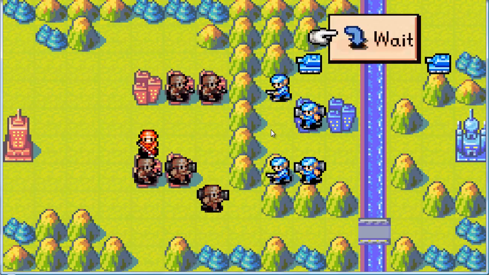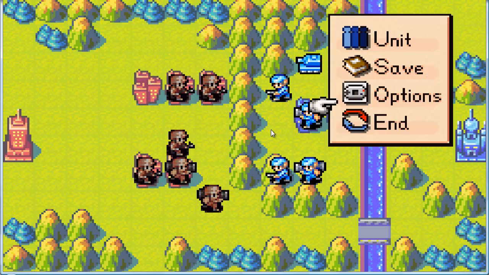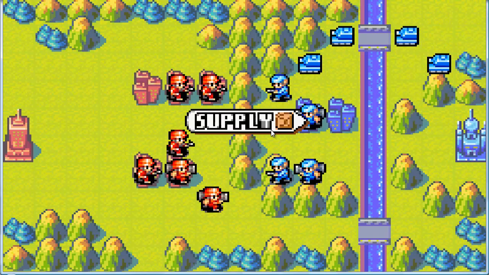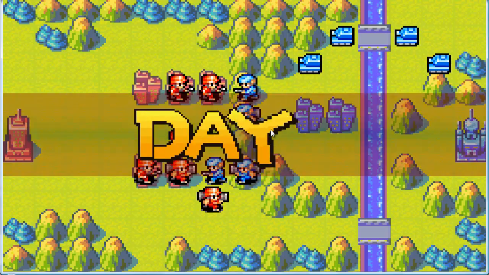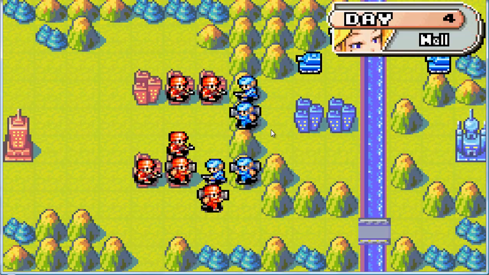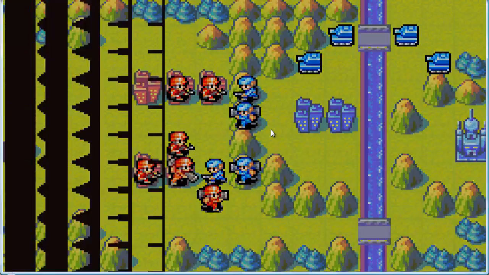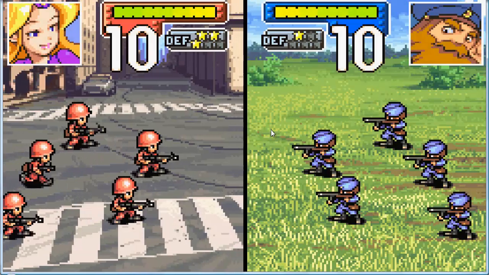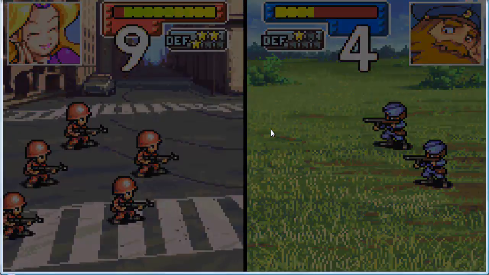Mech and one infantry to the south, and keep the rest as guarding my HQ, so I can go capture their HQ. First, I'm going to have my mech fire on their infantry. It has superior defense and attack, so...